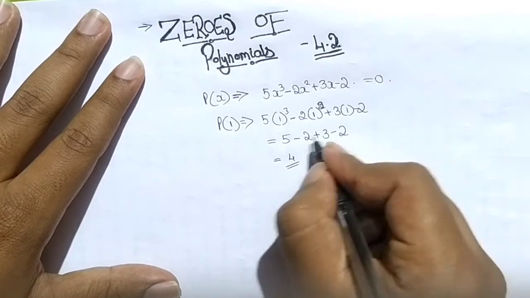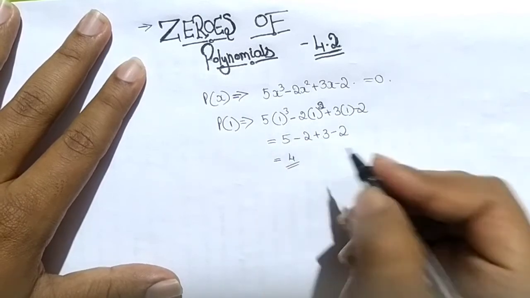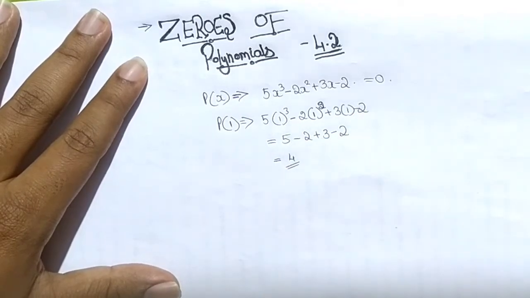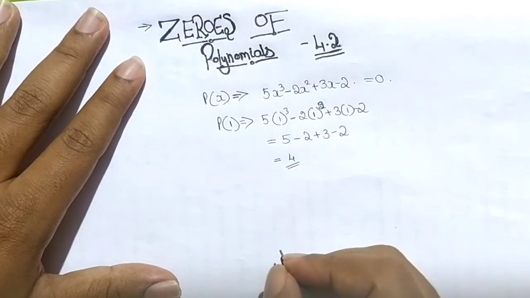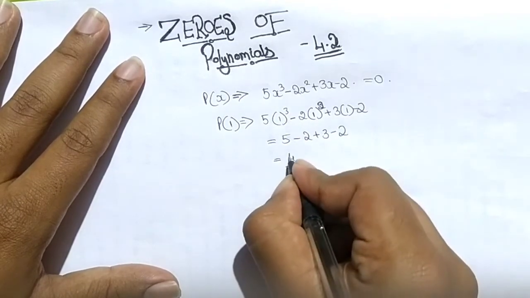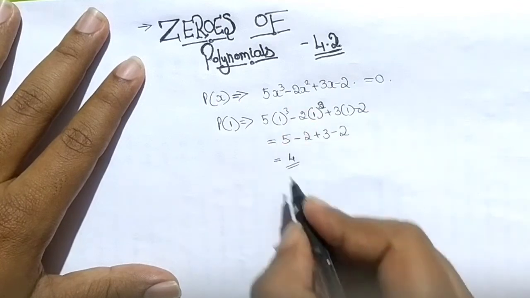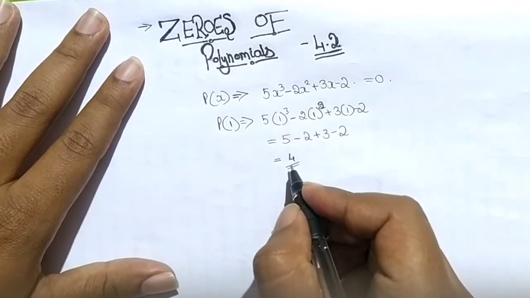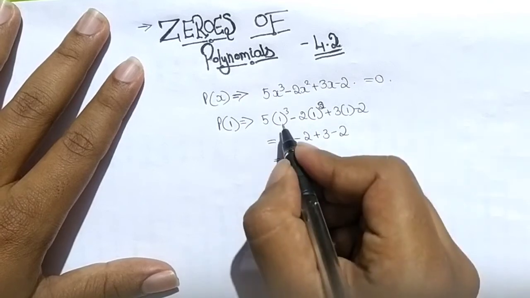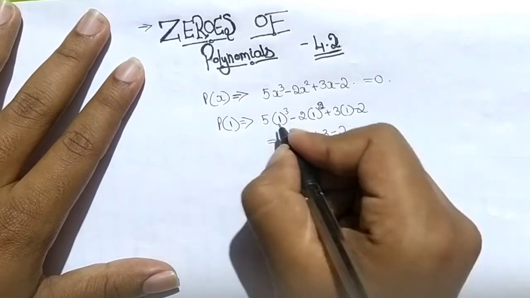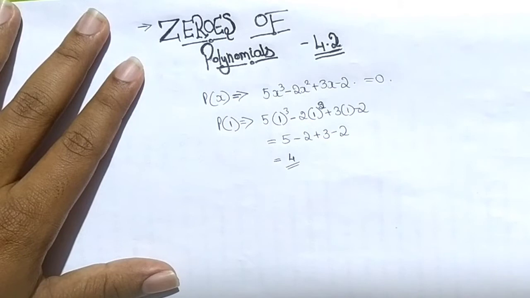So this is going to be 4. Minus 2 minus 2, plus 5 minus 1, and this plus 3 on adding to plus 1 gives you 4. See, 4 is the value which we got on simplifying this equation. This is not equal to 0. We need to find a value instead of 1 here such that on simplifying it should give 0. Finding the value is so simple.